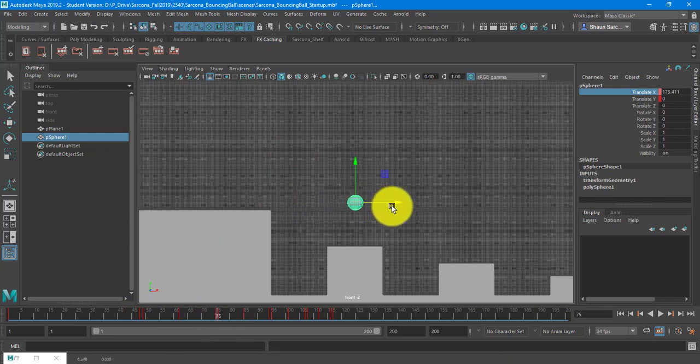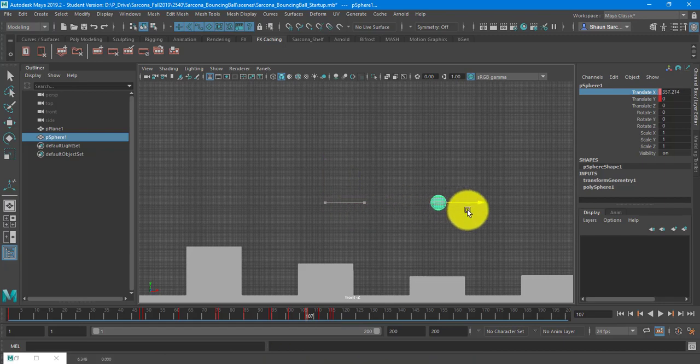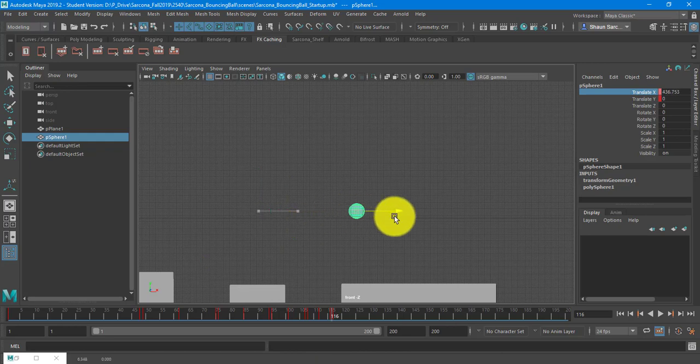And then I'm going to move it here. Now notice I'm also going to have to adjust the Y position of this. It's going to have to go down, otherwise it's not going to work. So I will adjust that after. Right now I'm just focused on the one value. I'm going to go to here, put this roughly in the center, go here, put that roughly in the center, go there, put that roughly on the edge,